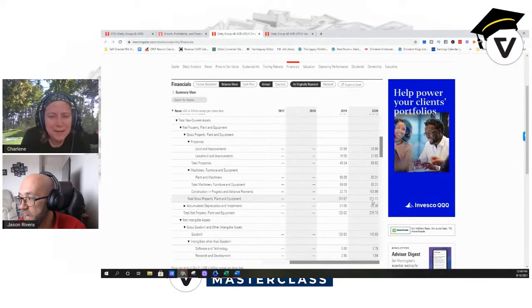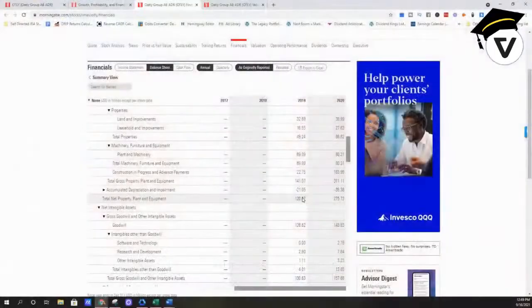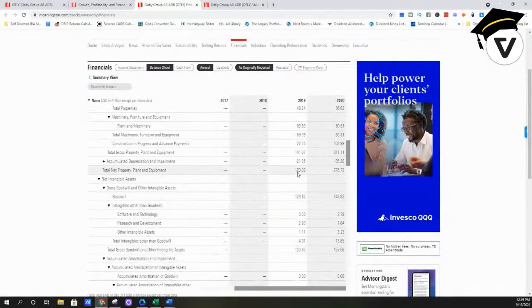They have added a ton of property, plant, and equipment. See, did I not point out that they must be investing in something, Jason? I already said that from the get-go. And you're like, oh, well, this still could be a problem. Why is it a problem? They should be investing in a company. That's exactly what they should be doing right now. Could be. And you still can't recommend investing yet? No. All right. What do we got to look at? How can we get on board with this company? Because now I'm cheering for them.